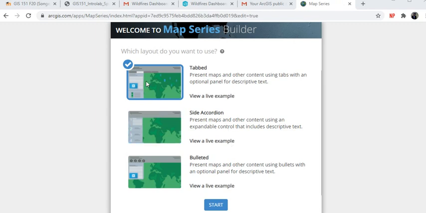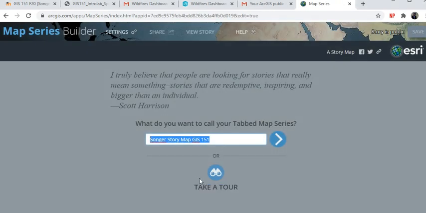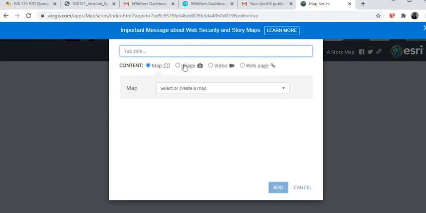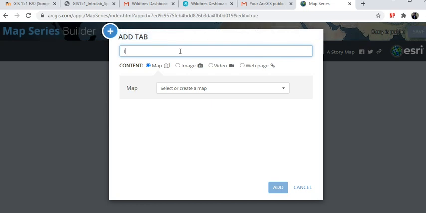And then we want to use a tabbed, so you're going to start the tabbed map, and that's what my series is going to be called, because I've already entered that title, so I can leave it that way. And I think I used portfolio on the handout example, but the main thing is to get just your name on, so I'll know whose work I am scoring or looking at. And then you just want to go ahead and click the arrow here, and the first tab is going to be called Intro,